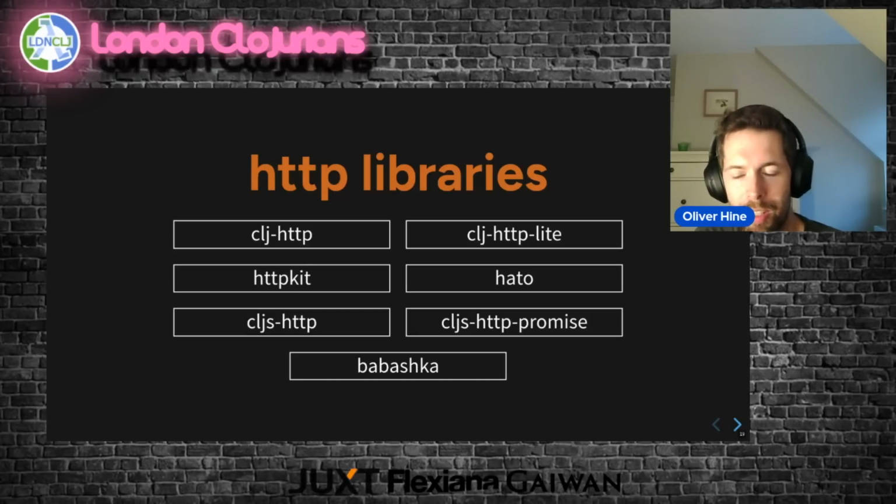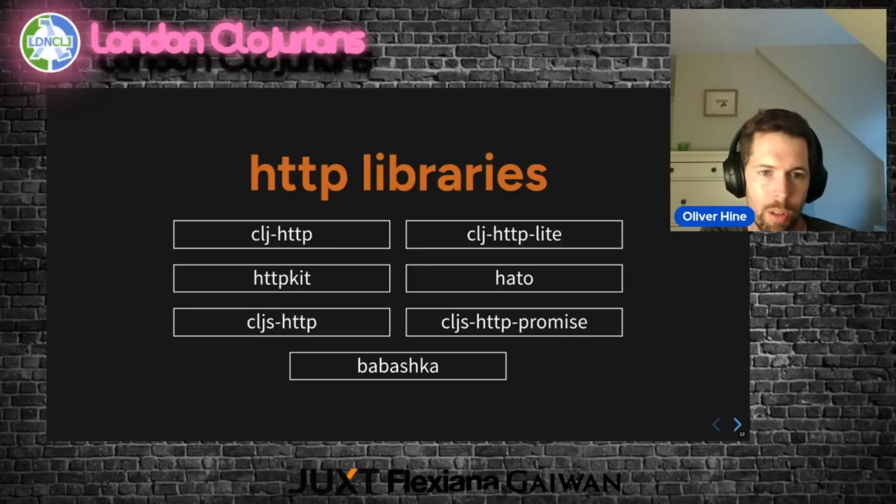In a project that actually started in Martian, we did start off using clj-http, which is solid, but we did want something a bit faster because we had a few million requests to make. So we tried HTTP Kit, and I think that was faster, but it was not very good at SSL. So that made it a bit painful to use. And so later we moved to Hato,